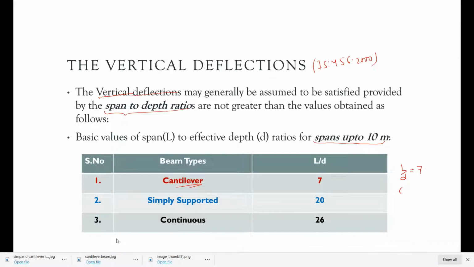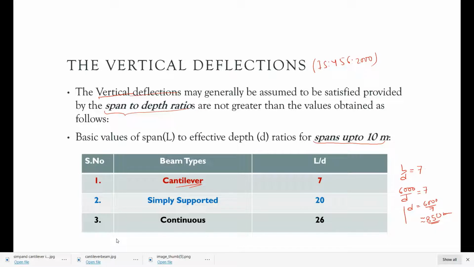Suppose the length is 6000 mm and we don't know D. If L by D is 7, then D would be 6000 by 7, which is roughly 850 mm.